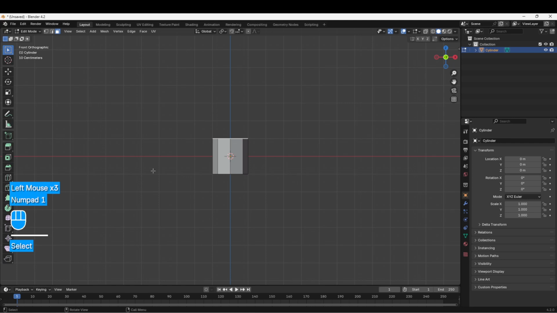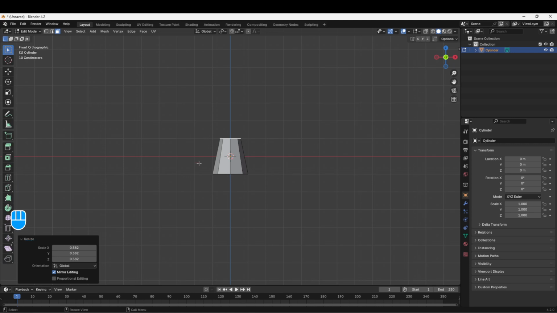Press 1 on the number pad to look at it from the front, and let's scale this down so that our tree is wider at the base and getting narrower as you go up. Next, hit E to extrude to make another section a bit longer compared to this lower section, and then S to scale and give this a little bit of a taper where it gets smaller as you continue up the tree trunk. Now let's go back to object mode